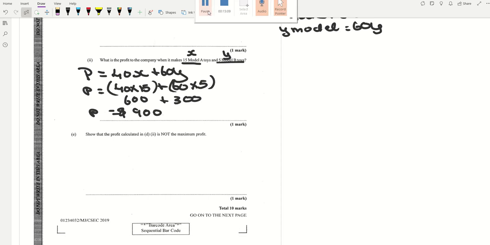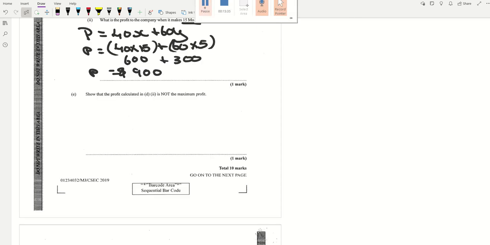They're asking you if making 15 models of A and 5 models of B is the maximum that they can do within the period of time. What we need to understand is for unskilled, the equation was 4x plus 3y is less than or equal to 80. And for skilled